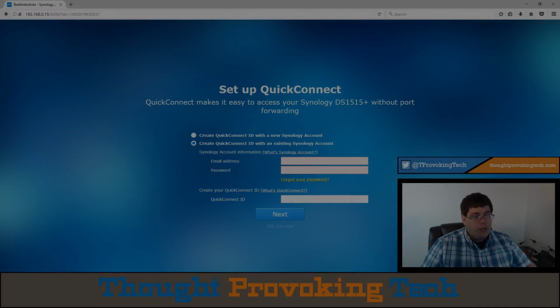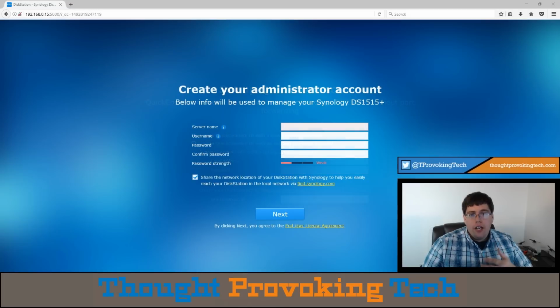All right, so the Synology has finished downloading updates. It went pretty quick to about the 43% mark, and then it slowed down considerably. But it is now finished downloading everything that it was downloading, and has now restarted. And then it's now at the next screen, which would be creating your server name, your primary username, and your primary